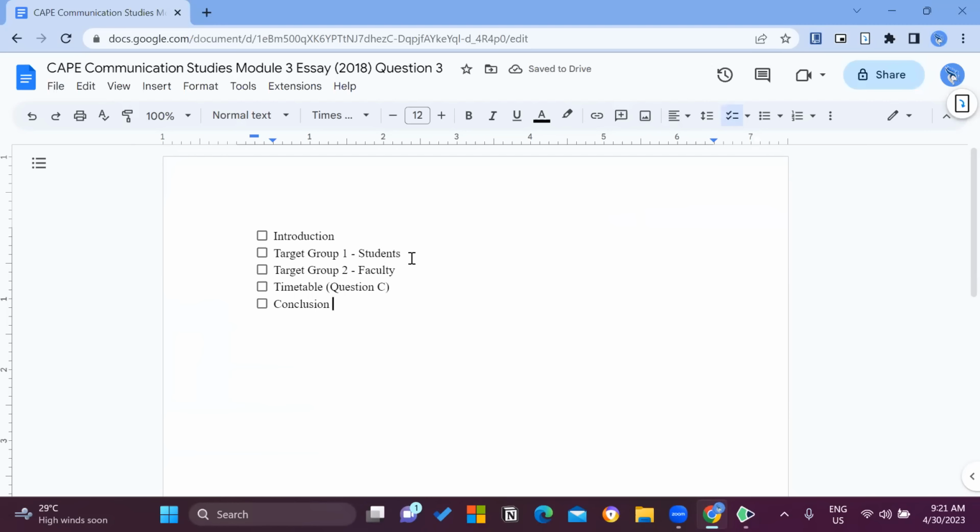And for target group 1, the students, I think I'll go with pathos and logos appeal, and I'll employ the casual register. So I'll mention all of that. And to be honest, you don't need to do detailed explanations for these because it's 300 words, right? So just state and tell me why in like a sentence. For the faculty, I'll do ethos and logos. And for register, I'll say frozen and consultative.